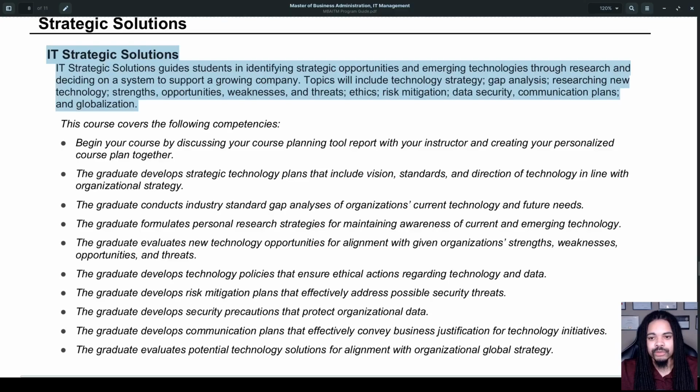analysis, researching new technologies, strength, opportunities, weaknesses, and threat. Strength, opportunities, weak. I don't know why they put it in that order. That's a SWOT analysis, which would be strength, weakness, opportunities, and threats. But whatever. So SWOT analysis, ethics, risk mitigation, data security, communication plans, and globalization. So overall, honestly, it's a lot of terms and stuff, but I understand them. So I don't think it's going to be too difficult, just a lot of tasks to do and probably some